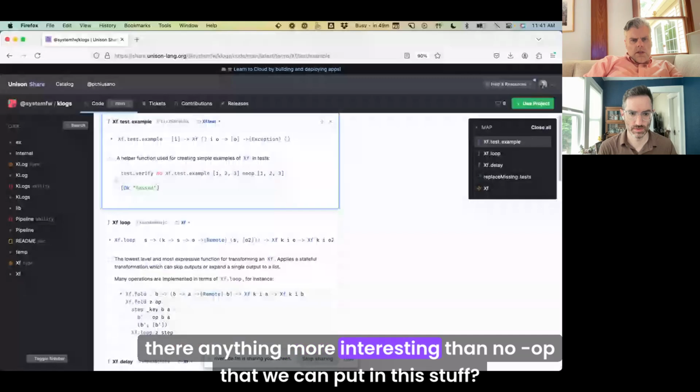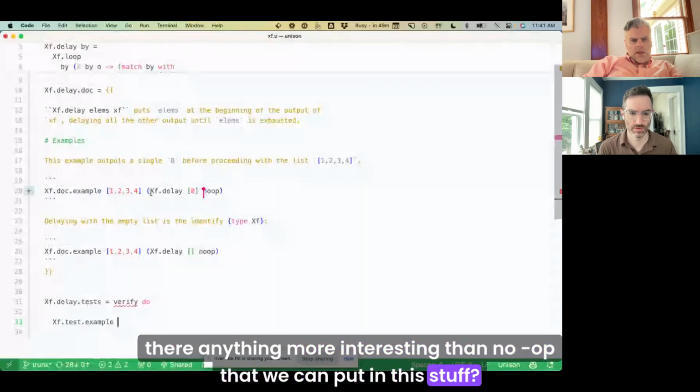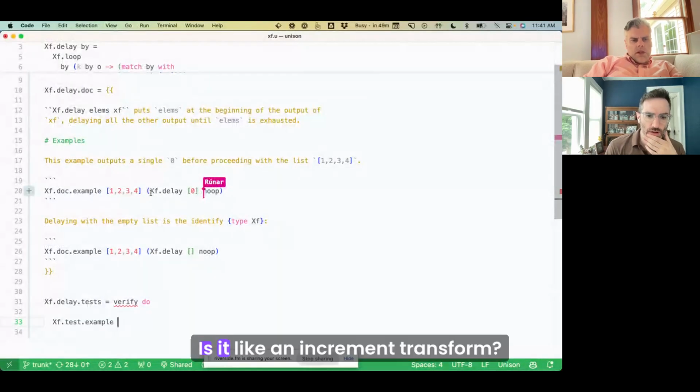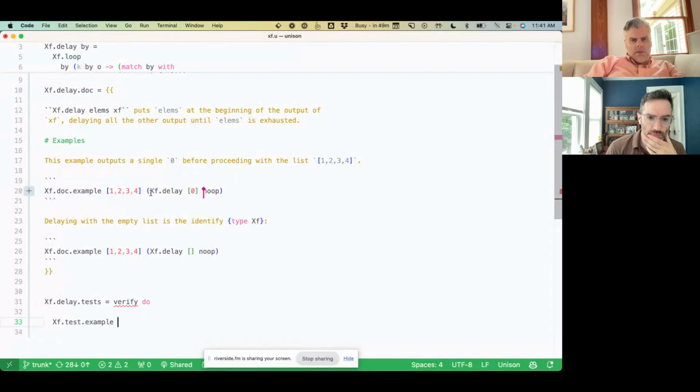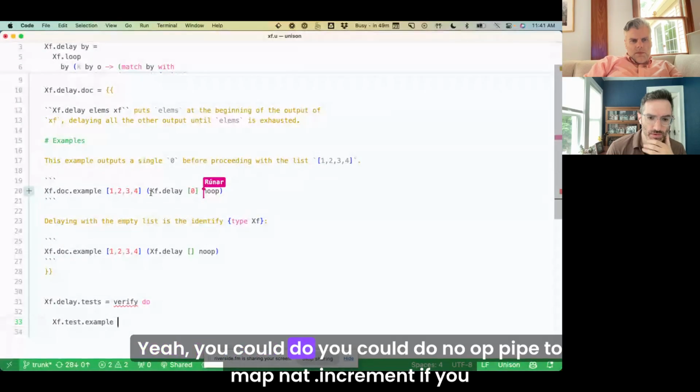Is there anything more interesting than no-op that we can put in this doc? Is it like an increment transform? Yeah, you could do no-op piped to map nat.increment if you want.